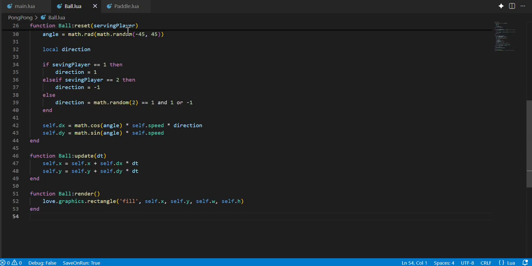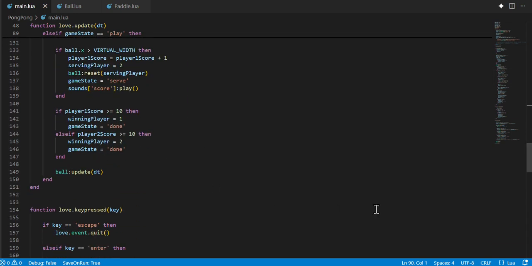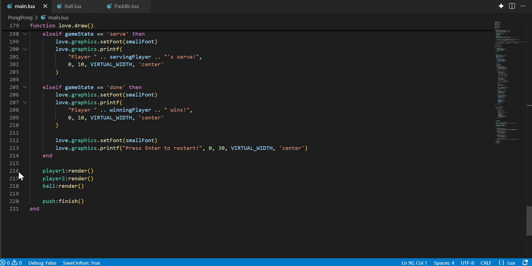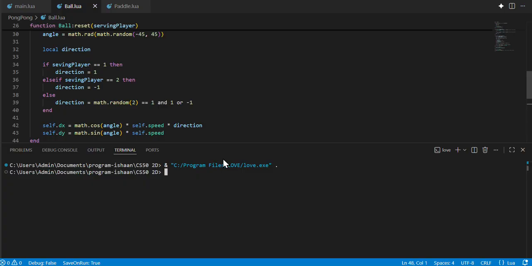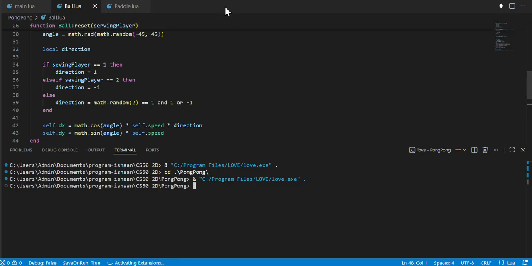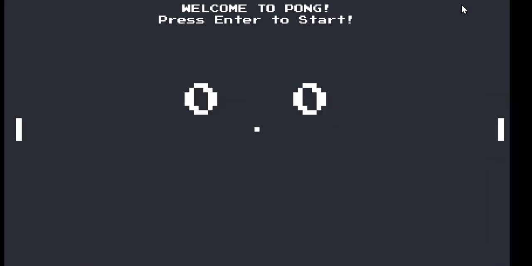And then function Ball:update(dt) will update the ball, just like how we wrote ball:update(dt) right here. And then there is Ball:render, so right here. Now if I run the code, before running the code you should move into the directory. So now I moved into the directory, and if I run the code, my game started, and now if I make it full screen, it will come to full screen, and if I hit enter,